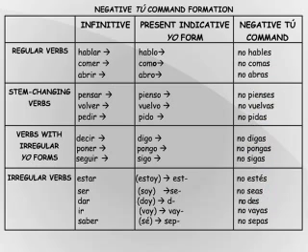Like the formal commands, negative tú commands are formed by beginning with the yo form of the present indicative, then changing to the opposite vowel. That is, AR verbs will take ES endings, while ER and IR verbs will end with AS. Remember that any irregularity in the yo form of the present indicative will also be part of the command form, including stem changes.